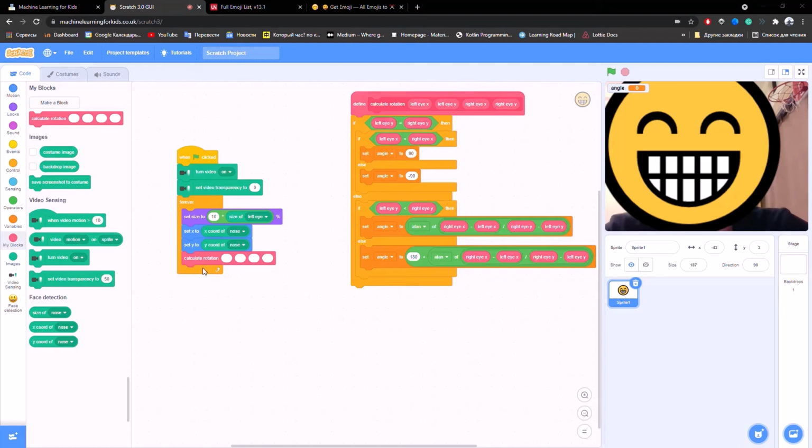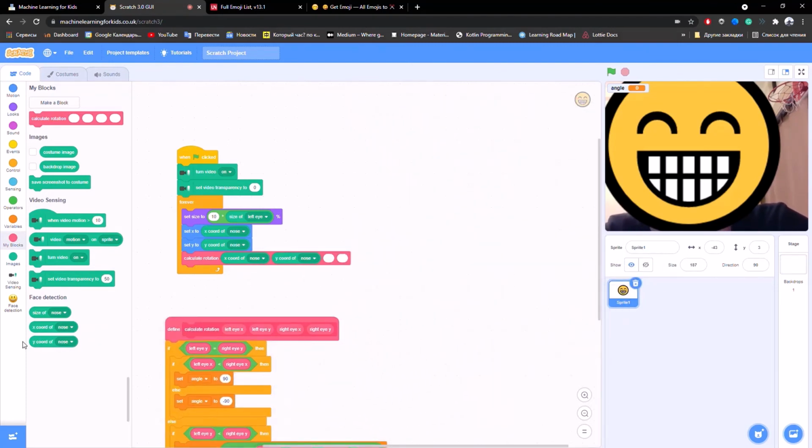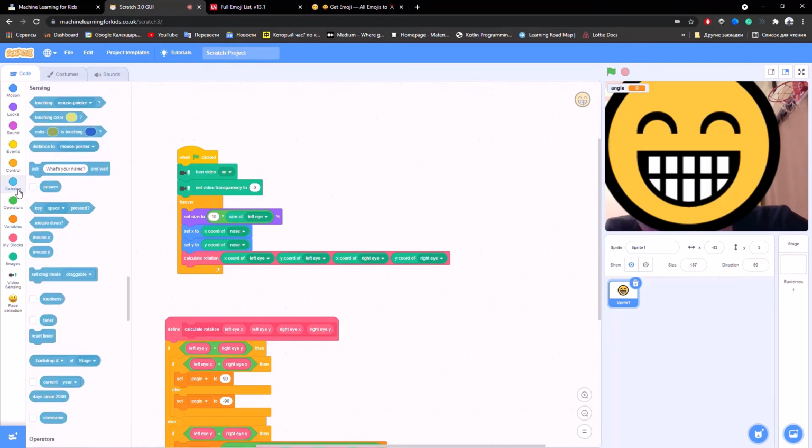Yeah, we add it here, the main thing actually, and we add x coordinate of, y coordinate of. We can put it maybe on the bottom. It's as usual as we did it. So x coordinate of left eye, y coordinate of left eye also, and here's a right eye. We use right eye and right eye. And another one we need to add is a sensing, is a point in direction. So we need to add